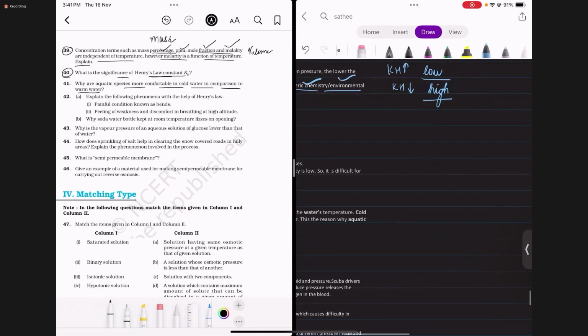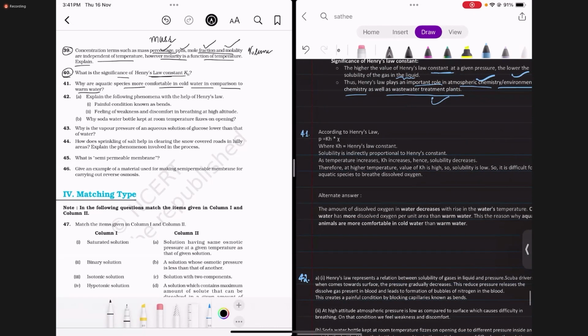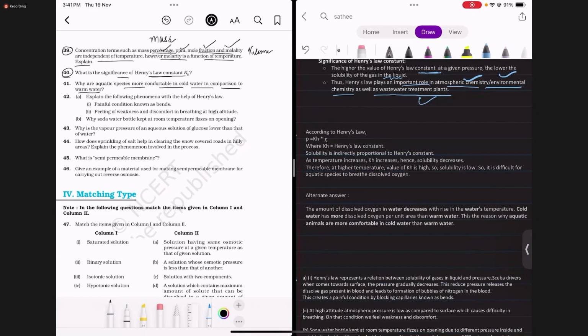तो सबसे पहले हमने पढ़ा था कि जब वाटर हमारा कोल्ड होता है, so when water is cold then the solubility of gas in water will be more, because the gas molecules will not have enough kinetic energy to escape. तो cold water में जो gases की solubility है वो ज्यादा होगी. So and also according to Henry's law P is equal to KH into solubility, and KH, Henry's law's constant, is